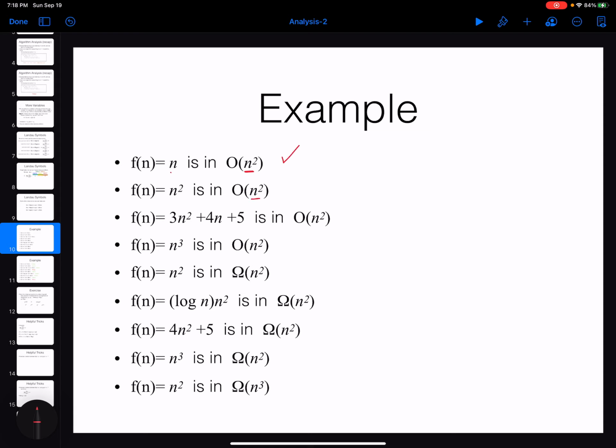N square is an upper bound for n square, and it is big O, so this is going to be correct as well. If it was little o, it would be wrong. F of n is equal to this,